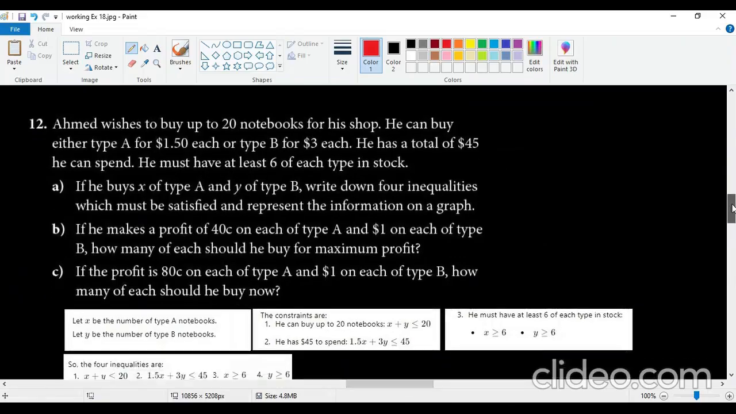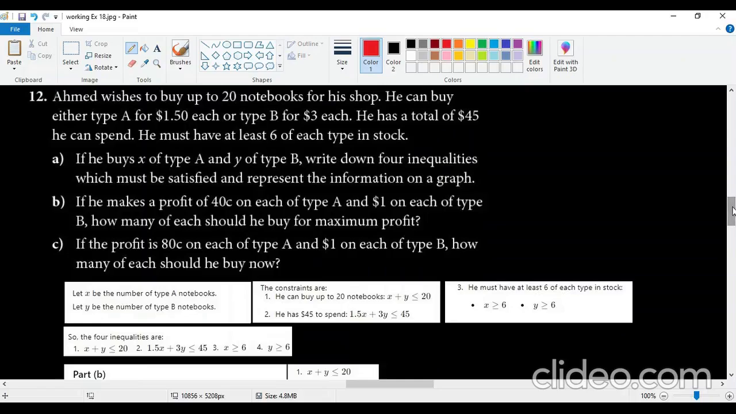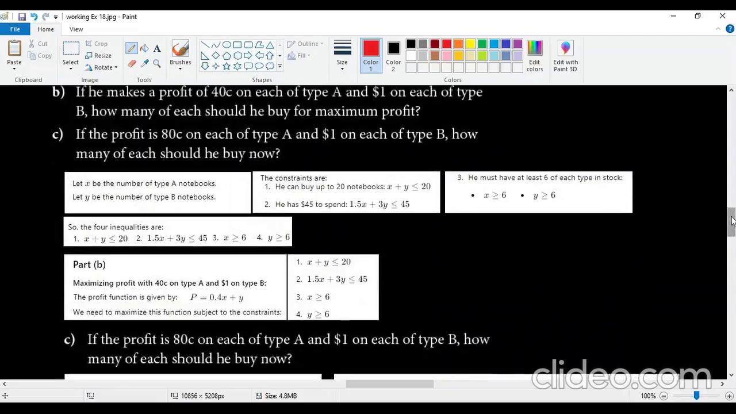Okay, this one also, I'm not going to read, to avoid prolonging the video. I'm going straight because this question you can see in your textbook also. These are the constraints that we have, and we made the inequalities based on the question. Now, when it comes to the profit, it says